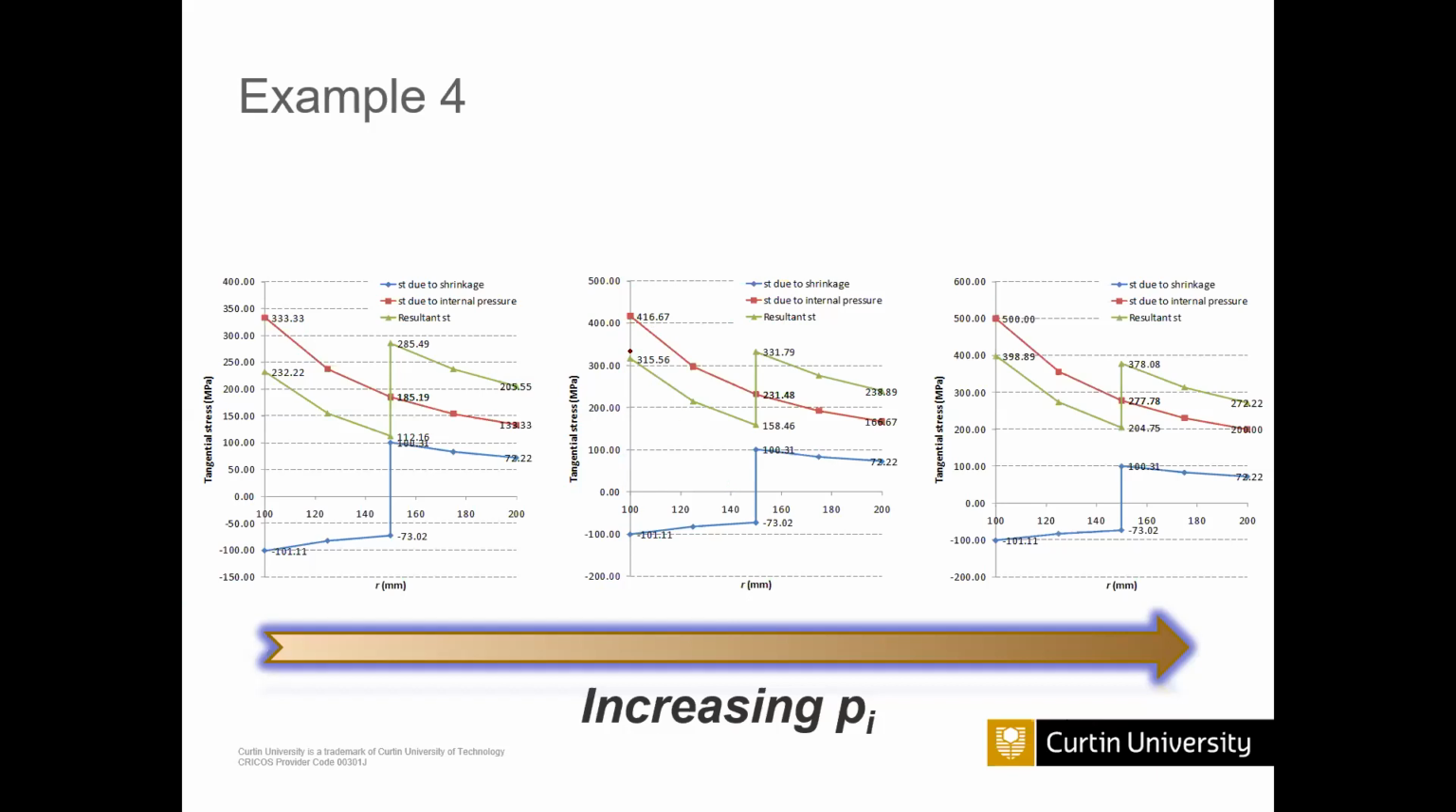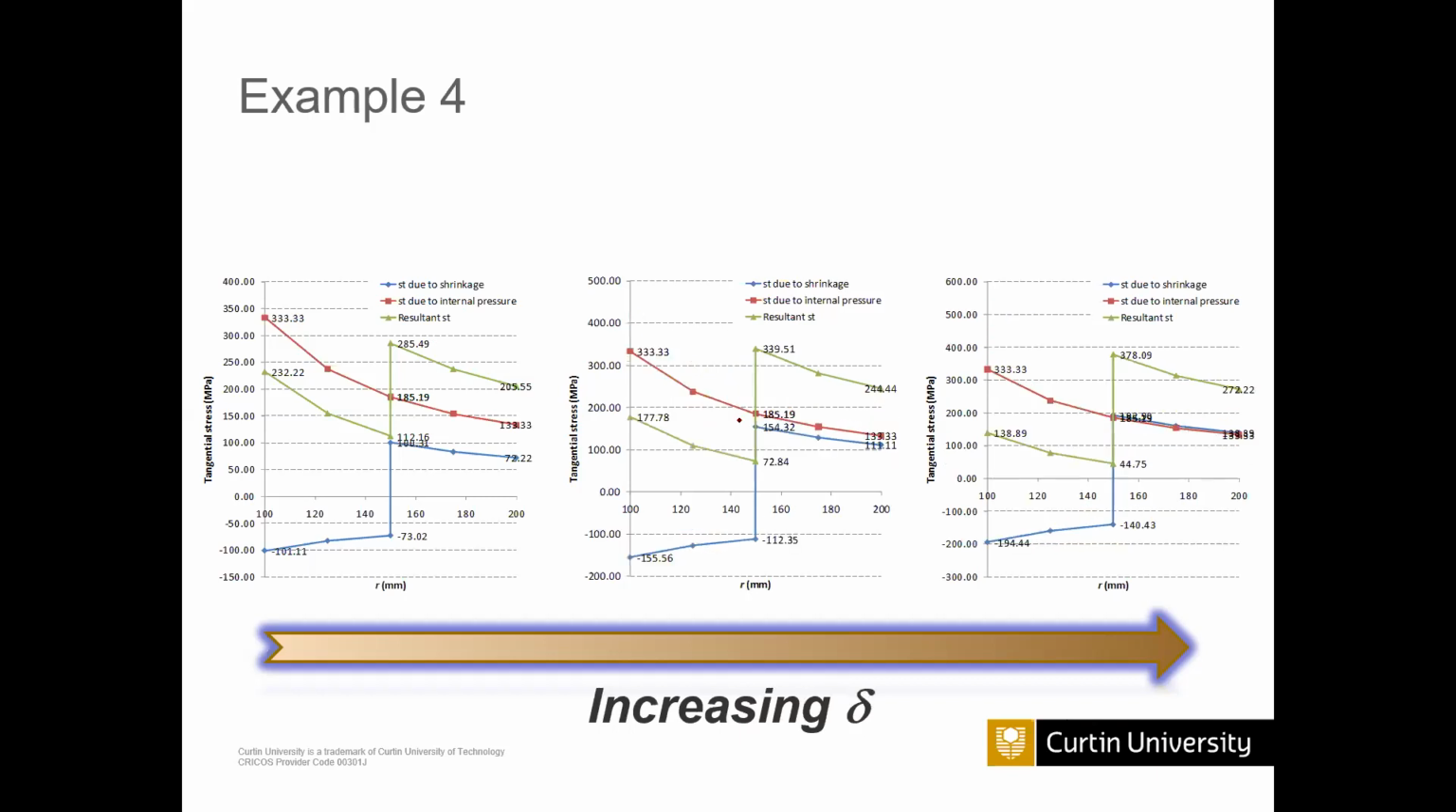But the resultant one, it's not changed that much. It is also like this. And if you change this PI value further, you can see the variation. So the contact pressure does not change. And if you change the contact pressure, that means the delta value,